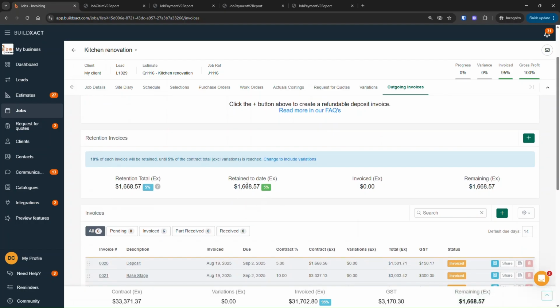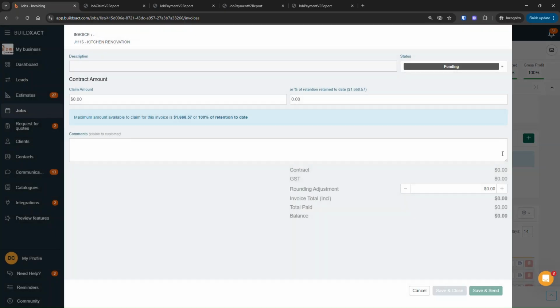So what happens is this plus button is now here because we think of this as a pool, kind of a side pot of money. We want to be able to claim out of this. And as mentioned earlier, this will very much depend on when in your contract you can do this. So I'm going to say 50% can be claimed back from this on completion of project. 50% can be claimed back 6 months later. You're basically going to add an invoice like this. Call it whatever you want and definitely check that you can type 50% on completion. So when I'm looking at this amount, it's not looking at the total contract, it's looking just at 50% of the pot of money